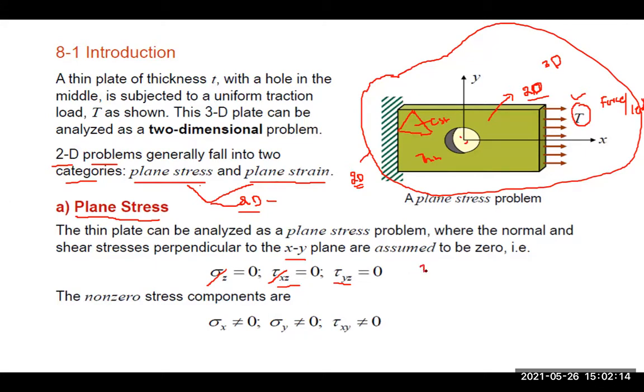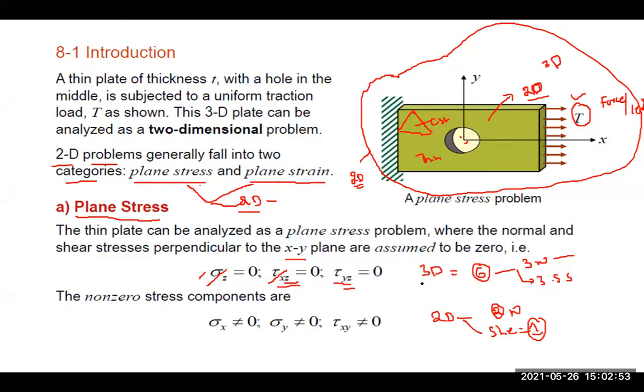In a three-dimensional member, in unit number 1, we defined that there will be 6 stresses: 3 are normal stresses and 3 are shear stresses. Of these 3 normal stresses, 1 normal stress is removed, so for two-dimensional plane stress, there are 2 normal stresses. The shear stresses are 1 in number, because tau xz and tau yz are going to be 0.